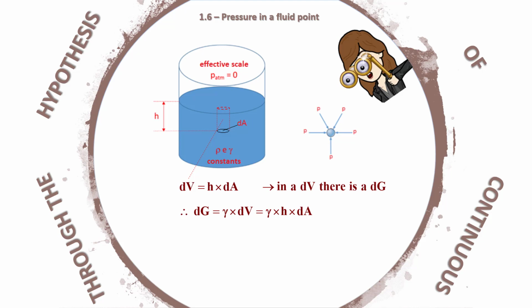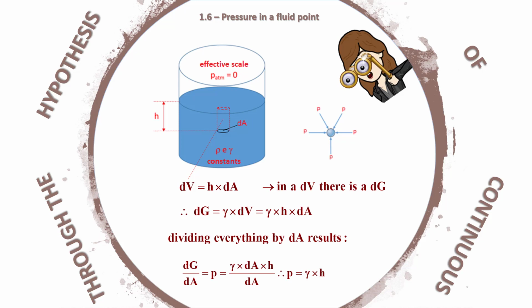This volume dV has a weight dG, which can be determined by the product of the fluid specific weight, gamma, by the volume dV, or by the product of gamma by the depth h and the elemental area dA. Dividing both members by the elementary area dA, we conclude that the pressure P on the effective scale of the point is equal to the product of the fluid specific weight, gamma, and the depth of the point, h. Simon Stevin,